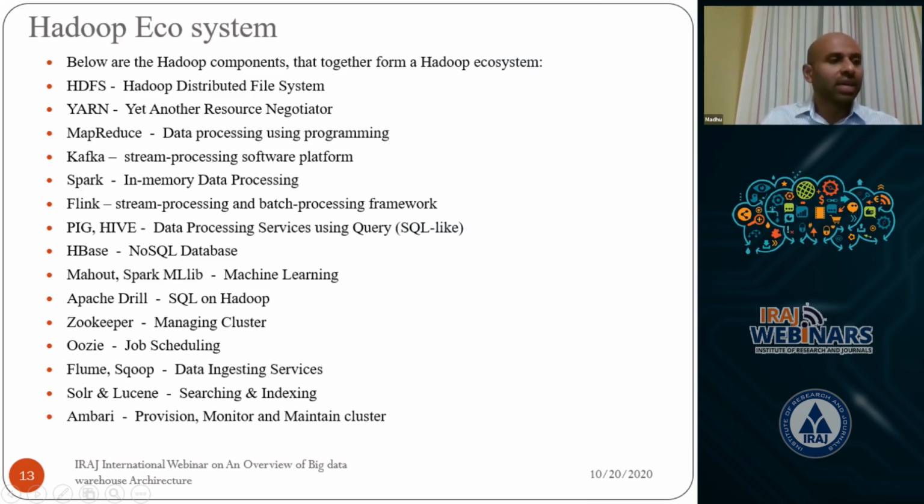You have Kafka, which does stream processing. You have Spark, which does in-memory data processing. You have Flink, which again does stream processing and batch processing. You have Pig and Hive, which provide data processing services. You have HBase, Mahout, Apache Drill, Zookeeper, Oozie, Flume, Sqoop, Solr, Lucene, Ambari. So as you see in the slide, there are multiple technologies which cater to a specific requirement of the big